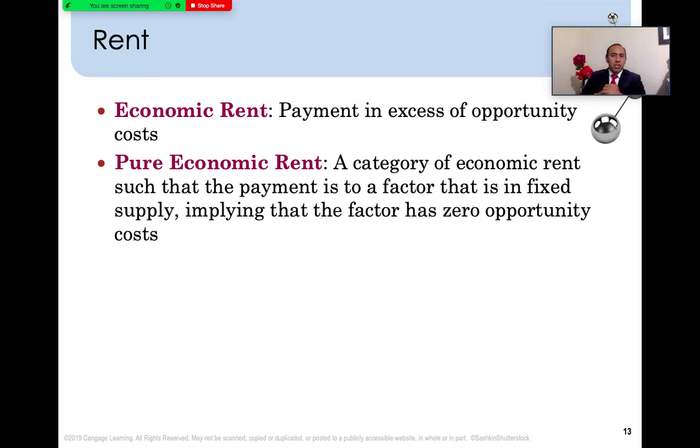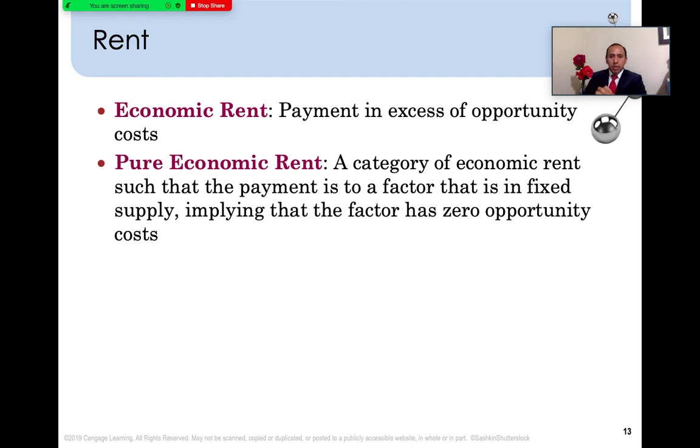Implying that the factor has zero opportunity cost and you cannot use it for anything else. The best alternative you have is to use it there and collect rent on it. In this case, think about economic rent. The definitions are a little bit complicated. Economic rent is when you're collecting rent on resources that you own,